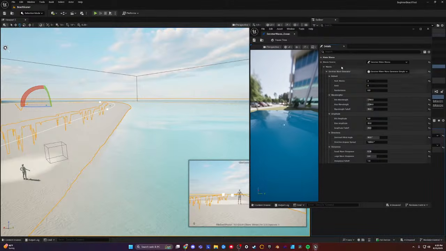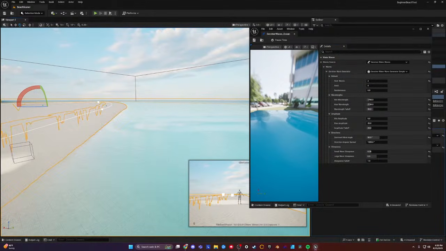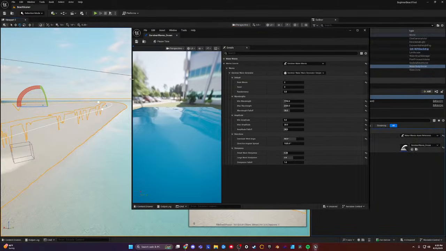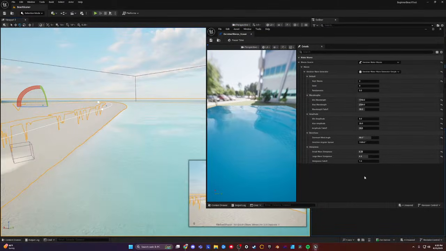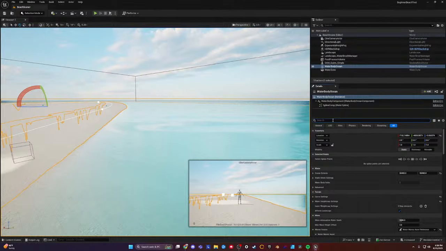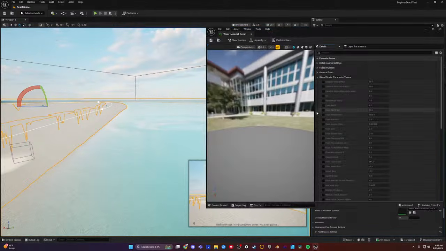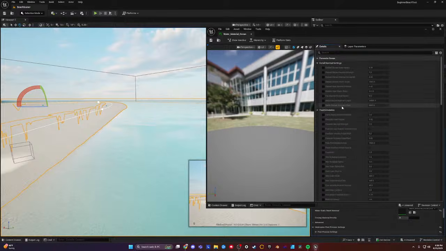If you double click on this, you can make changes to the actual waves to look the way you want them to look. So this is a good way of adjusting the waves, because when you first bring this into your system, it's going to look very weird. So if you want, these are the parameters that I'm using, and you can copy those. But the next piece to this is I'm going to go over to material,